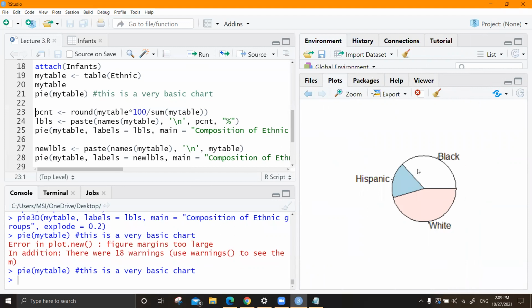Then I'm getting the plot. See whether your problem is sorted out. Yes, okay, good.